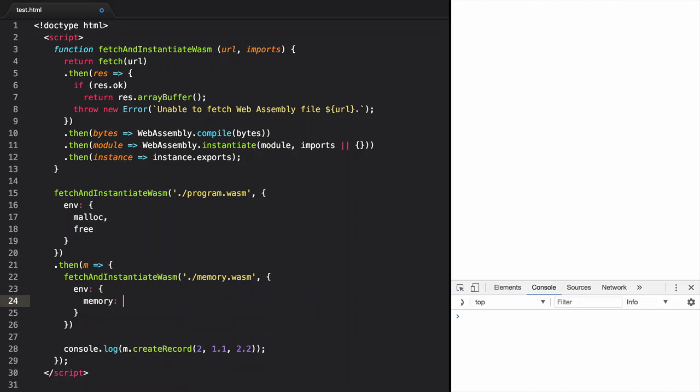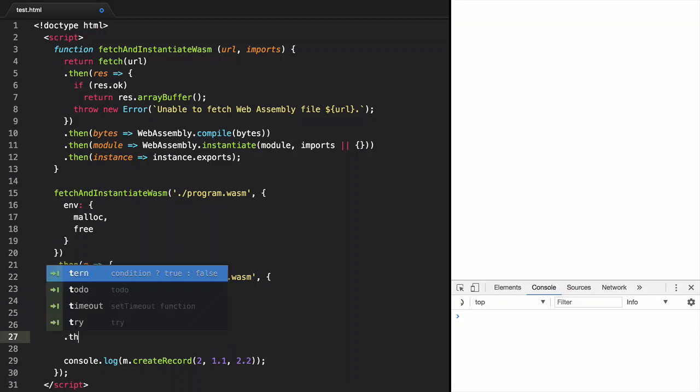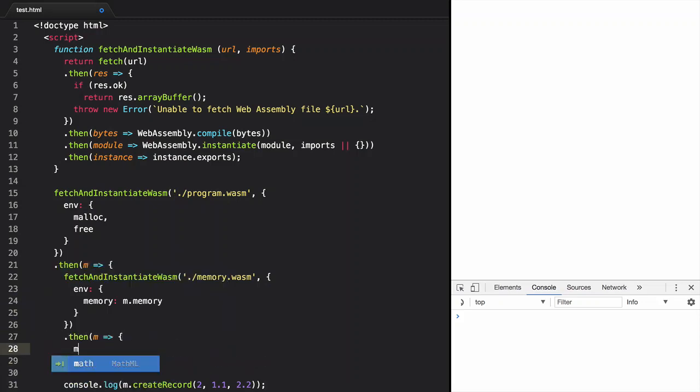The reason for this is that malloc and free both need to act on the program's memory, which is defined in the program itself because it exported its own memory. We can only work with a single memory at a time in WebAssembly, at least currently, so we want to pass that program's memory into the memory's memory. So I'm going to access that from m.memory where it was exported. The module value that we get back for memory.wasm then contains our malloc and our free functions bound to the